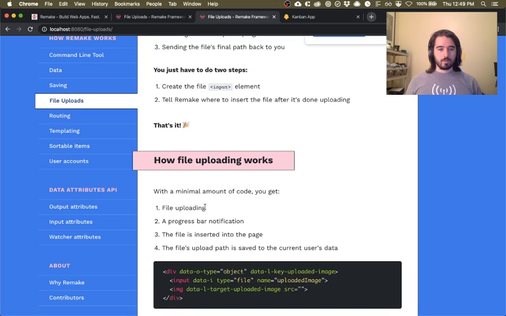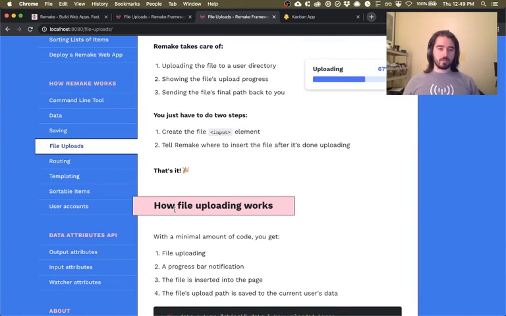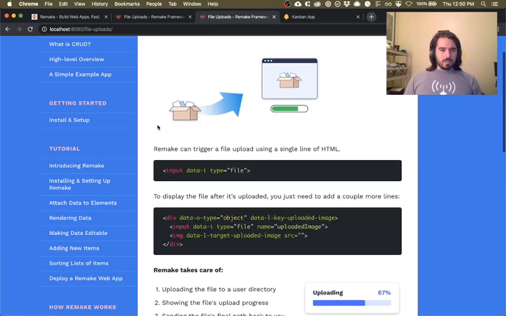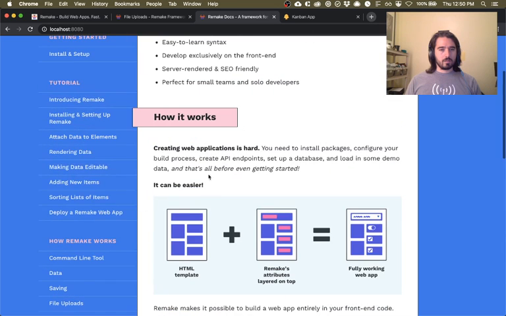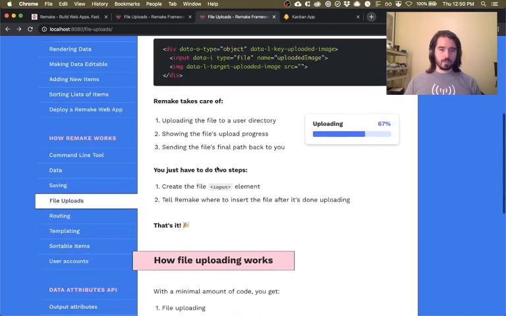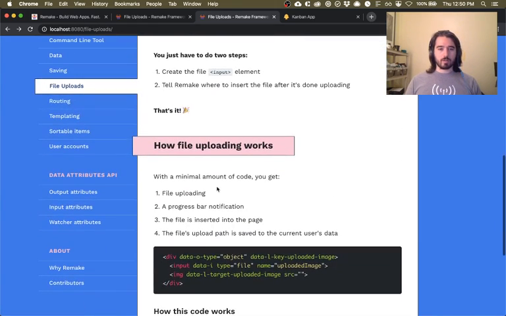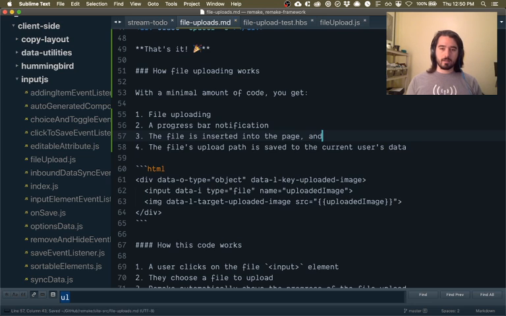So with a minimal amount of code, you get file uploading. Okay, so let's read through this again. How file uploading works. And let's actually see, yeah, I use regular titling. Like I'm not capitalizing every word or whatever. These titles. Okay, so how file uploading works. With a minimal amount of code, you get file uploading, a progress bar notification, the file is inserted into the page, and then I've been doing this lately, where I say comma and